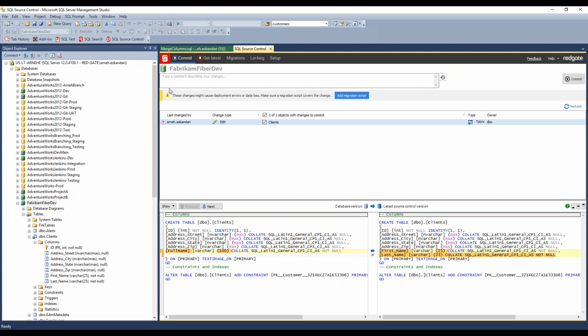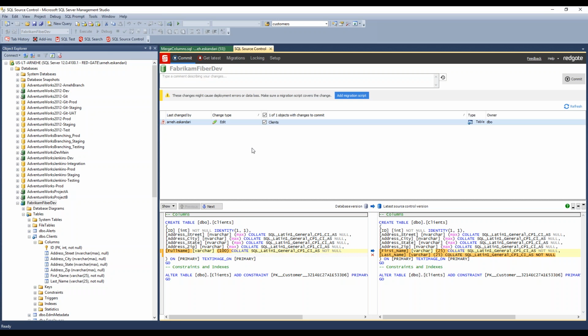full name. And here at the top, you'd notice SQL Source Control throws a warning saying that these changes might cause deployment errors or data loss. So as I mentioned, we rely on the compare engine to do the deployments or to generate the update scripts. And this is a type of change where compare wouldn't be able to handle it properly because it will not see the data portion of it. All it will try to do is